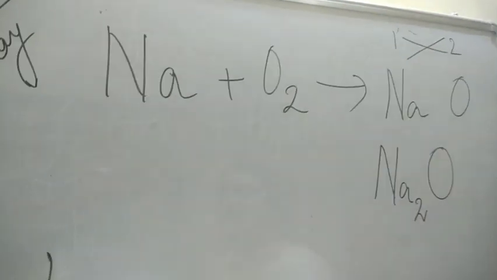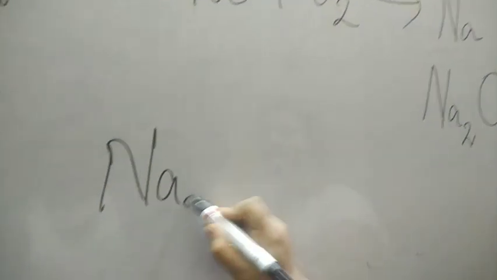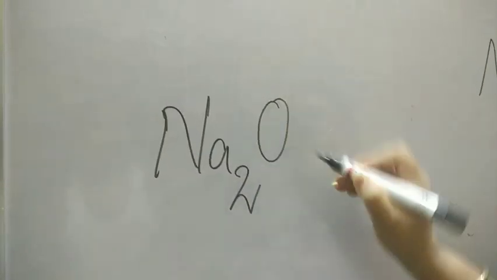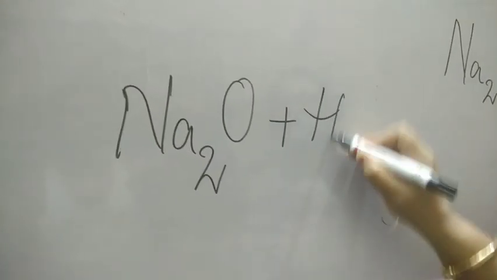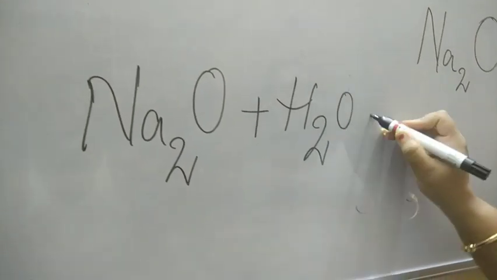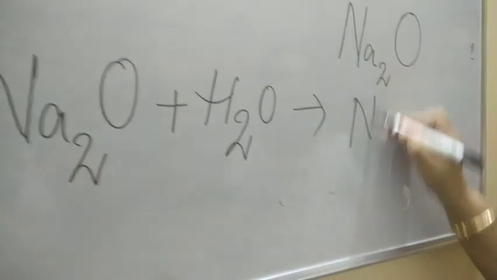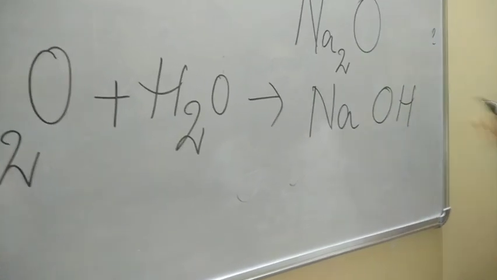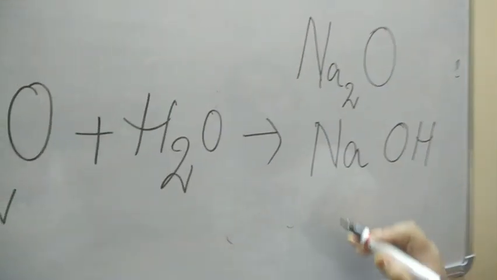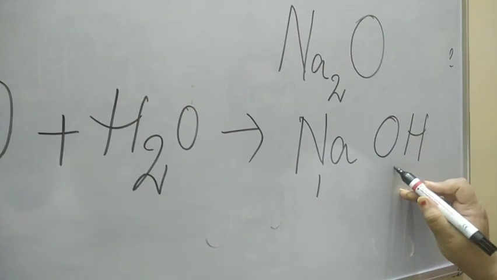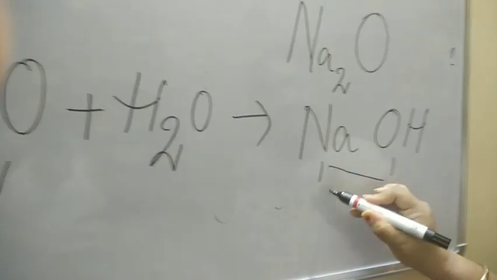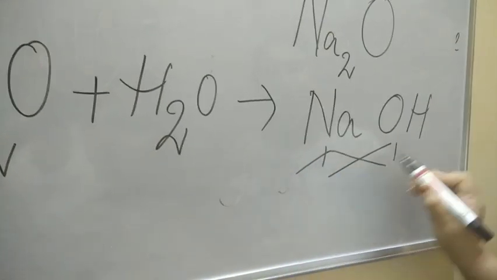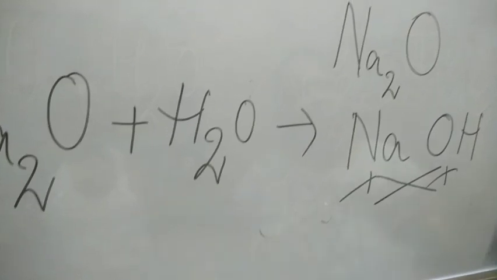So sodium oxide reacts with water. It will form sodium hydroxide. How? Sodium valency 1, hydroxide valency 1, cross multiply, 1 and 1 cancel, and you will get